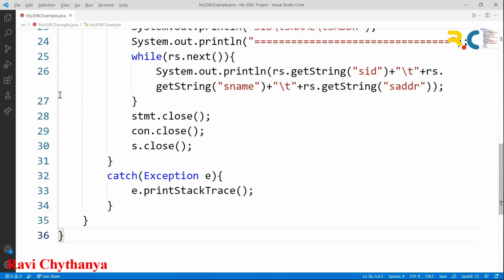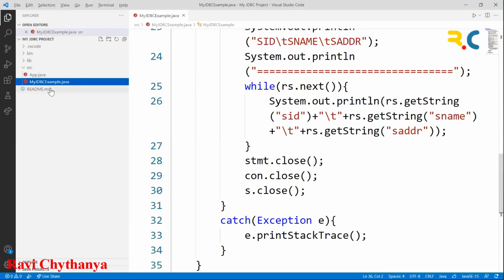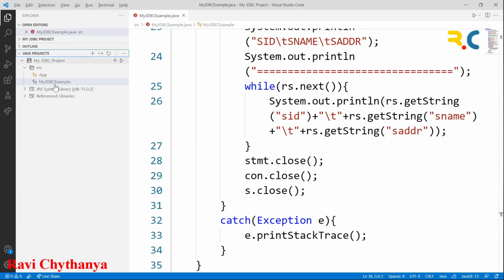Now what I need to do is add my connector for the Java program to my project. To do so, go here, close this one, and go to Java Projects. Here I need to have the referenced libraries. The referenced library is the connector.